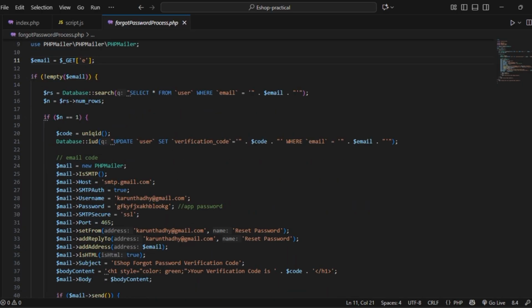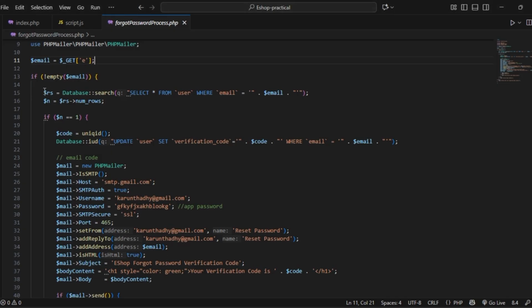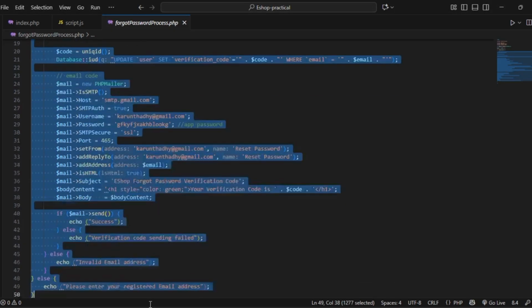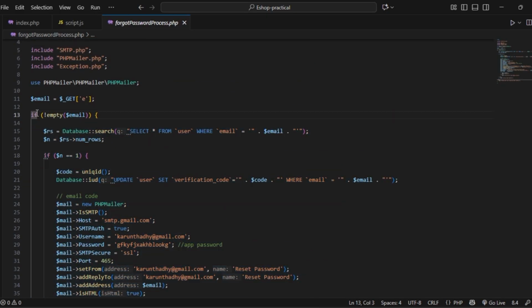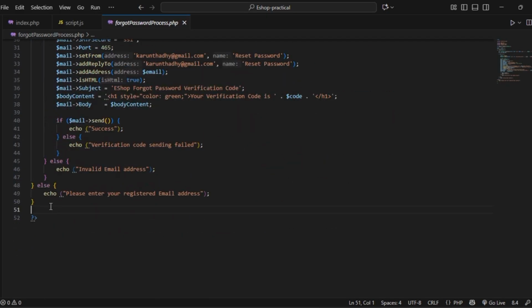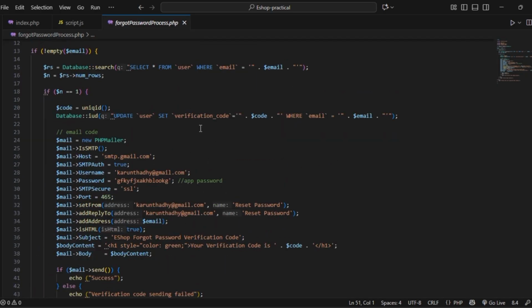If this field is not empty, then these codes will take place, and if the text field is empty, it will echo, please enter your registered email address. So if the text field is empty, it will echo, please enter your registered email address. If not, these codes will take place. First of all, I have